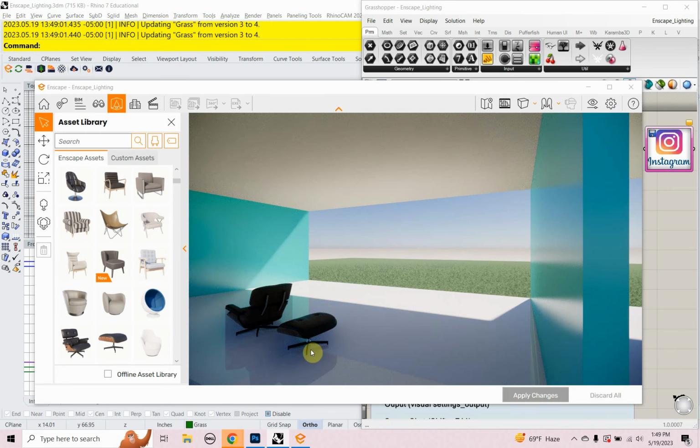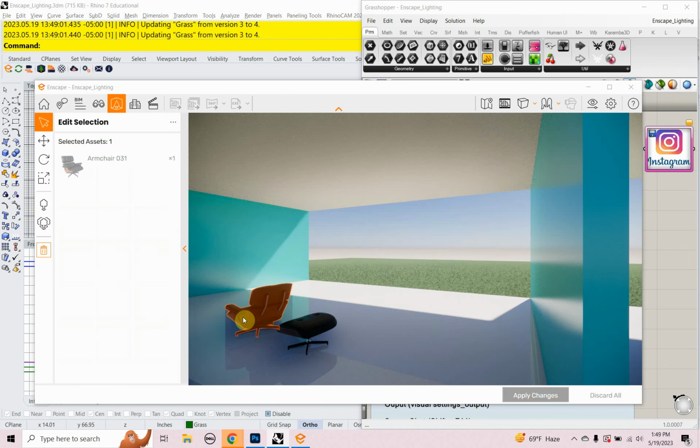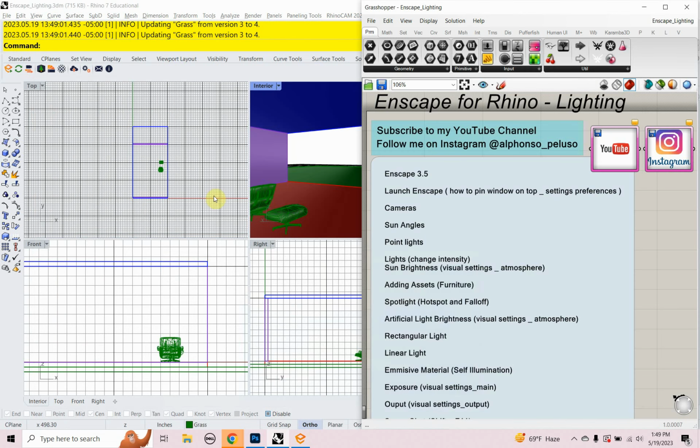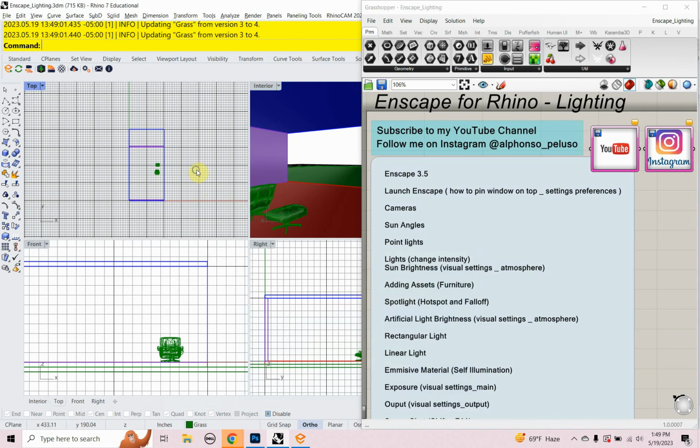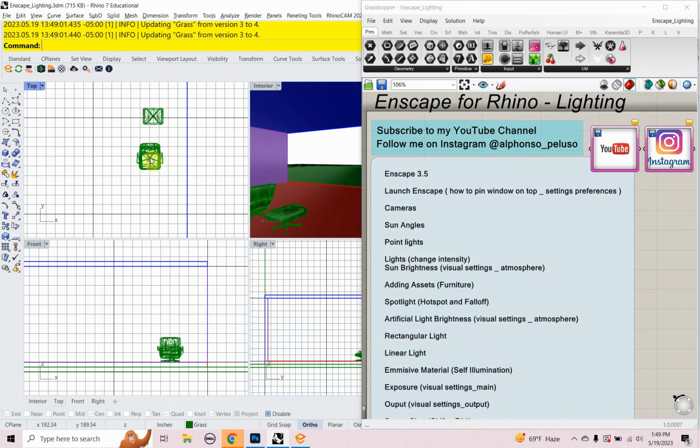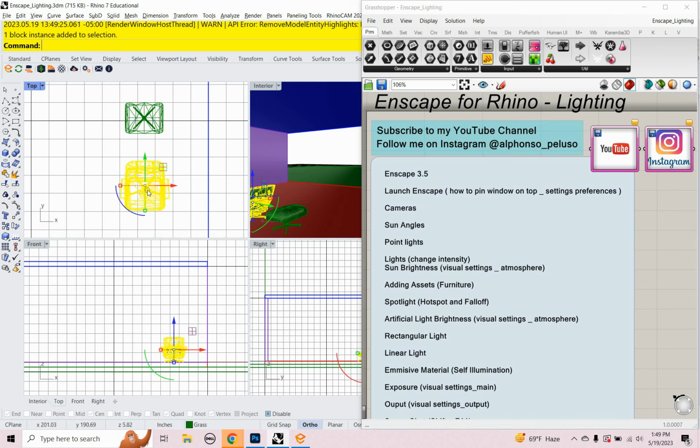Now I need to rotate the chair. I can click on it here and rotate it, or I can just do it in Rhino. So let's minimize this and look at doing this in Rhino. I'm going to go over in Rhino, click on that chair, and move it a little bit. My gumball is turned on, so with that turned on, I can click on it,